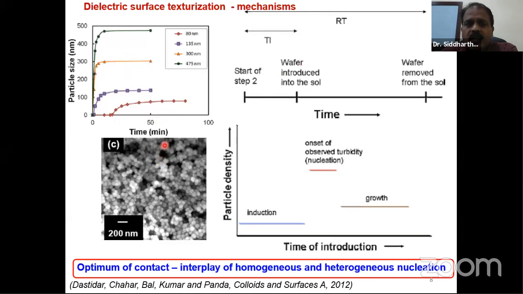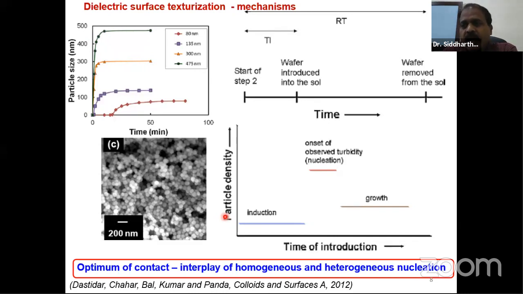Now, in the sol, as the particles are growing, what is critical? What we found was, at what point do we insert our wafer for this texturization to happen. That plays a very critical role. And the second thing is, for how long do we keep it? That thought process is shown here. At what point is the wafer introduced into the sol, and at what point is it removed from the sol? Now, we want to have a high density of particles,